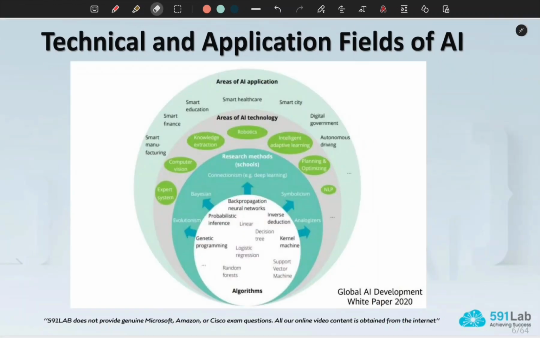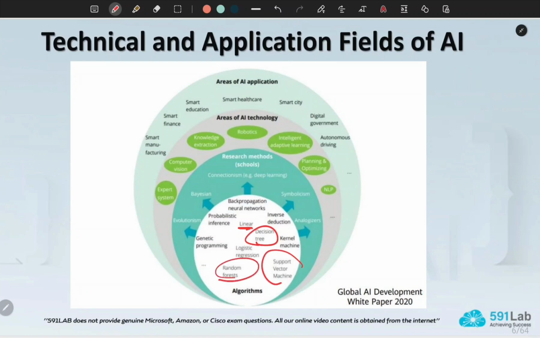This diagram here divides the techniques and methodologies of AI and machine learning into subcategories and then into bigger categories based on the development stage. So it starts with the very basics, the algorithm. You have decision tree, support vector machine, random forests.